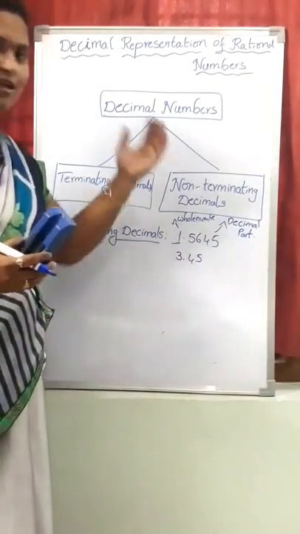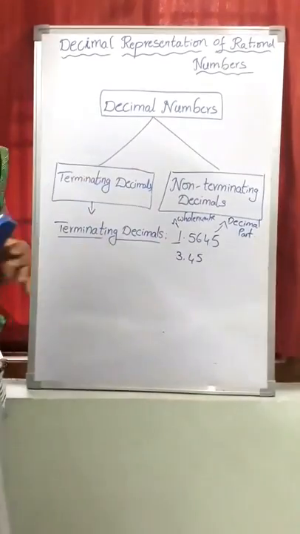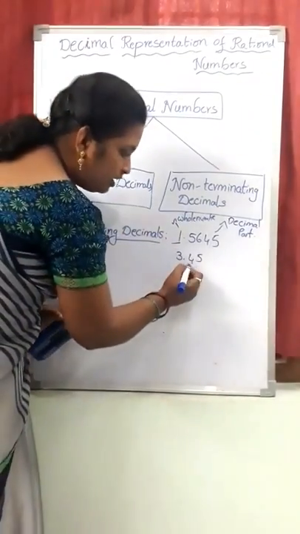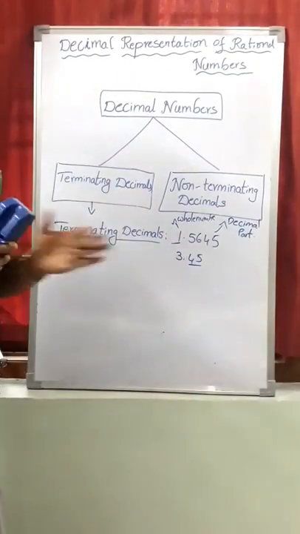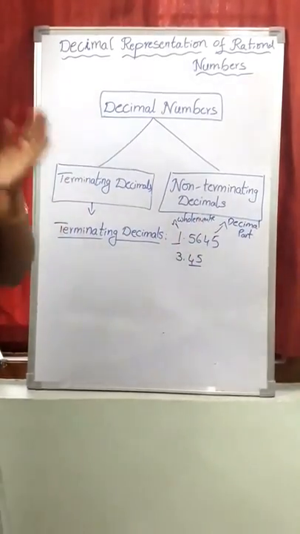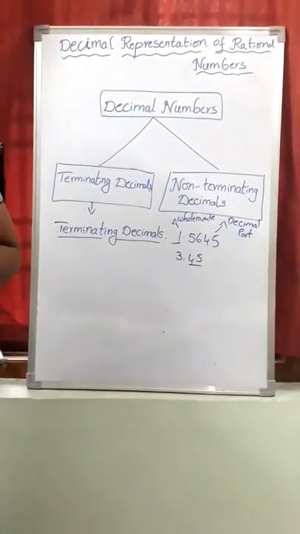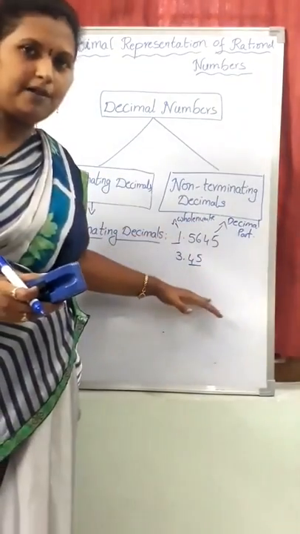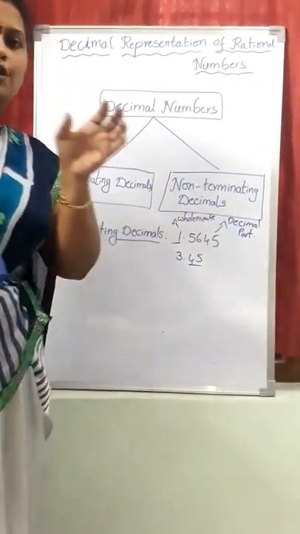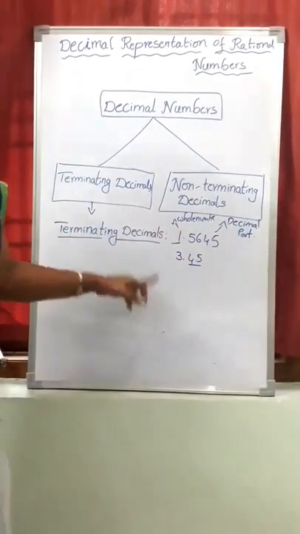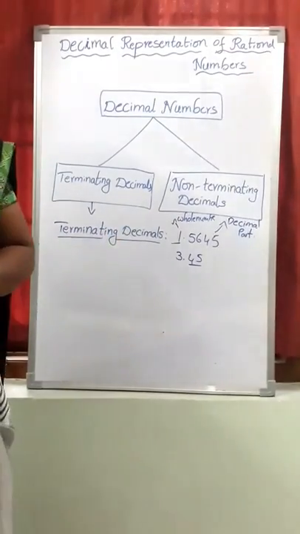That means after some decimal places, in that case we will get the remainder 0, because already we have discussed it before, no? So that means here after a few decimal places we are getting the remainder 0 and the value is terminating there, the value is stopping there. So this type of decimals are called terminating decimals. Once again I am repeating, what are terminating decimals? In a decimal number, if the decimal part consists of only a limited number of digits, then that type of decimal number is called a terminating decimal.